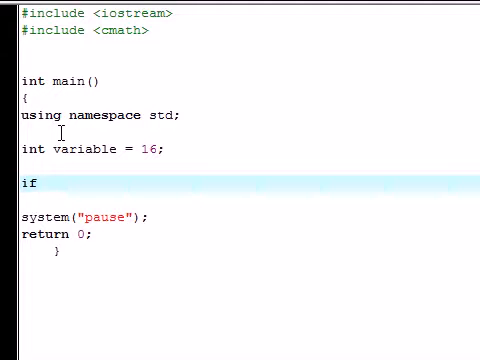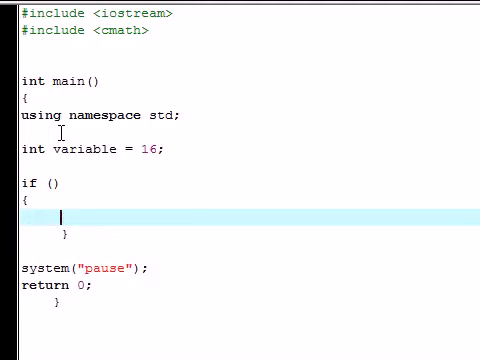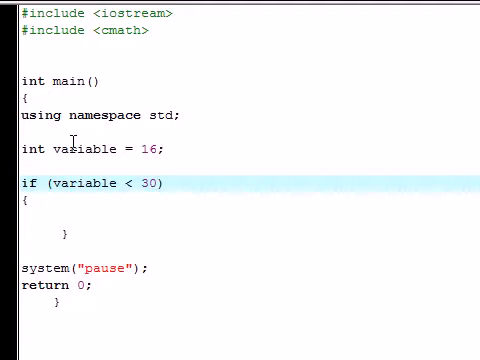Now what this if statement is going to do is run the test condition that's going to be in your parentheses right here, and if that's true, then it's going to run the code in the body of your if statement. If this is false, then it's not going to run this code at all. So let's give it a test condition. We say, alright, if variable is less than 30, so if 16 is less than 30, which is true, so